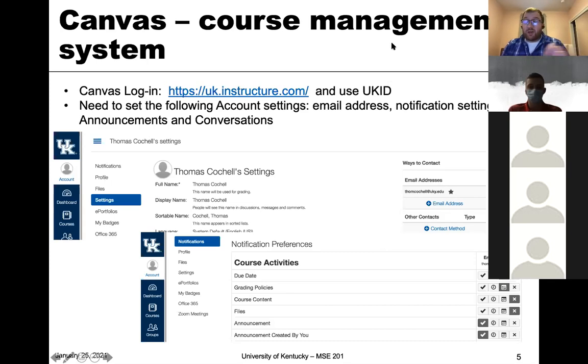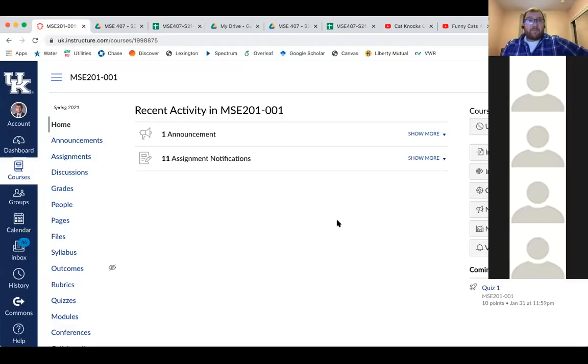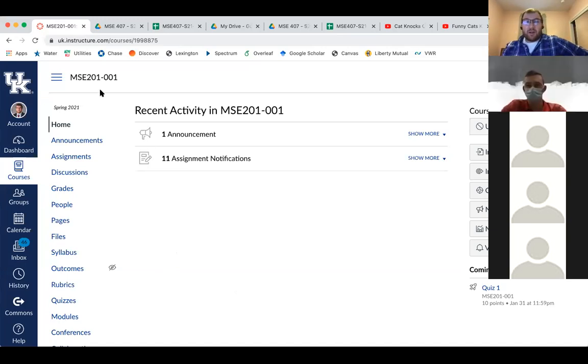Let me go ahead and switch over now, and let's look a little bit more at the course on Canvas. All right, so hopefully you can see my browser here. It's opened up to the 201 page on Canvas. This is going to be similar to what you see when you log in to Canvas. I just wanted to show you where everything is going to be so that when you're going through the semester, you know where to find things and have the basics.